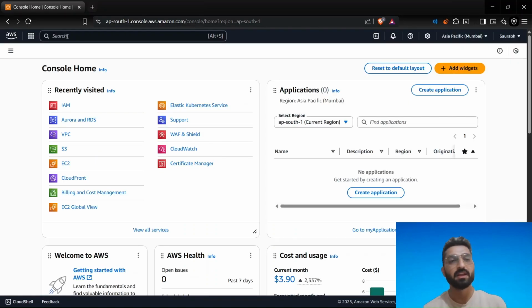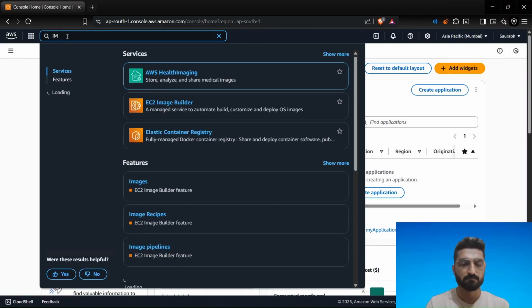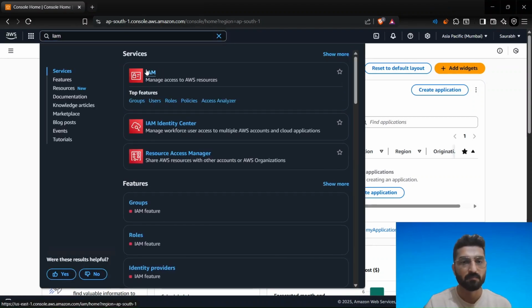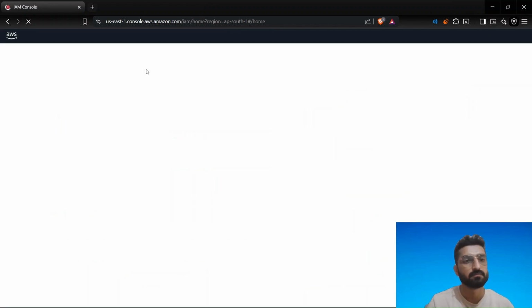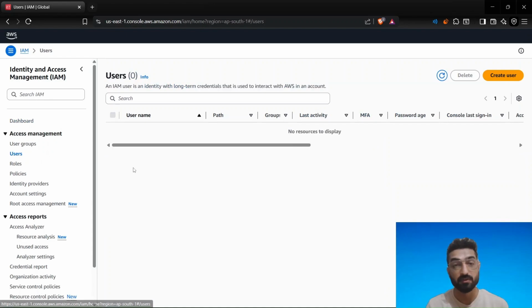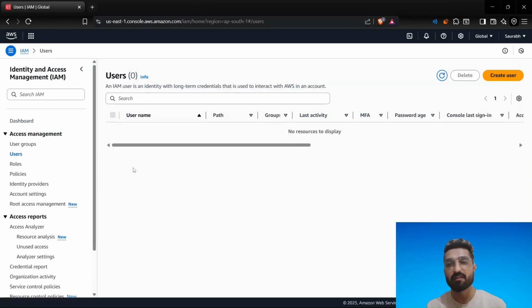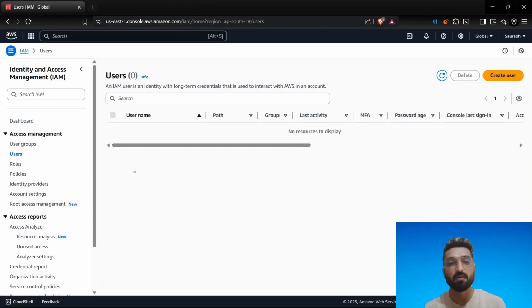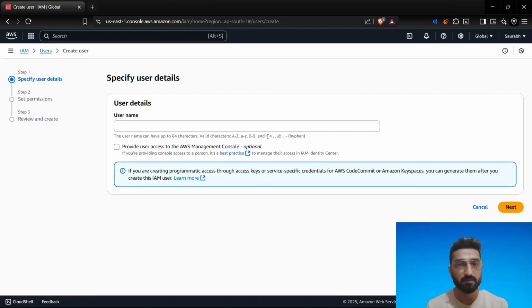So first, go to your AWS Management Console. Search for IAM, and you will see an option for Users. I have not created any user on this account, so we will begin with the first process. Click on Create User. I will name this user Saurabh,